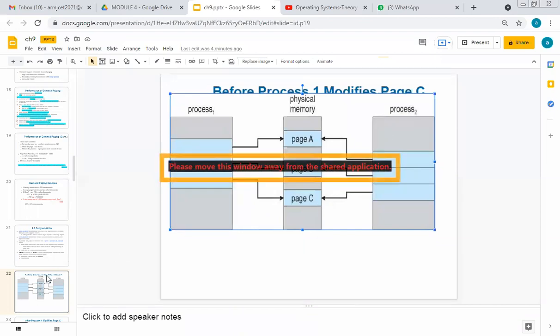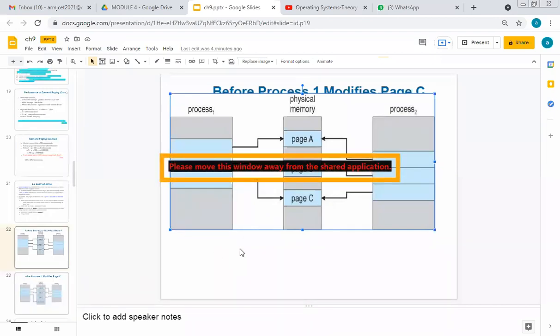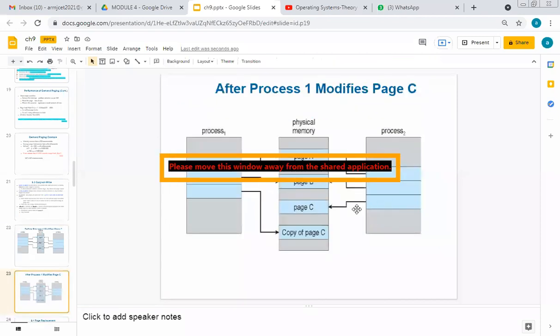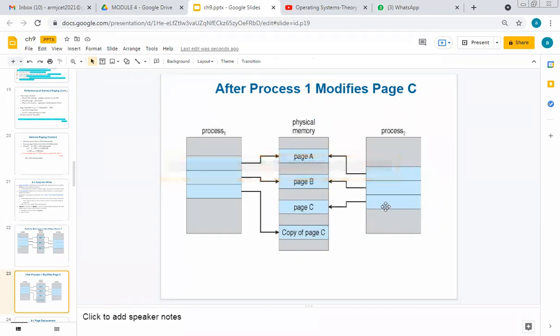So what happens? Process 2 will update something on a page. Now, should the copy of the page, whatever is modified, be updated in the physical memory, or should it be updated only in process 2, like a local variable or a global variable? If it's a local variable,